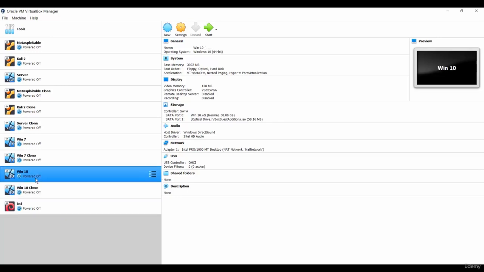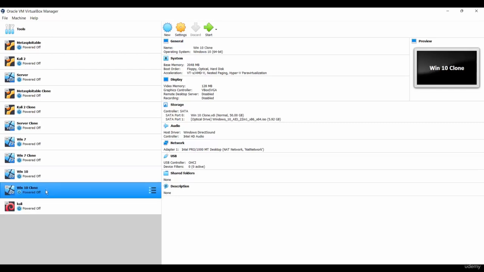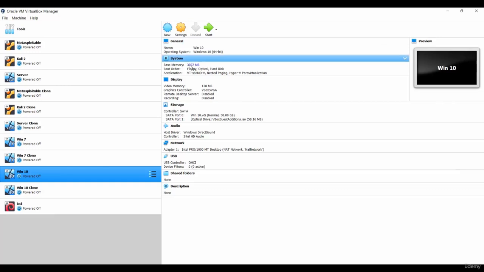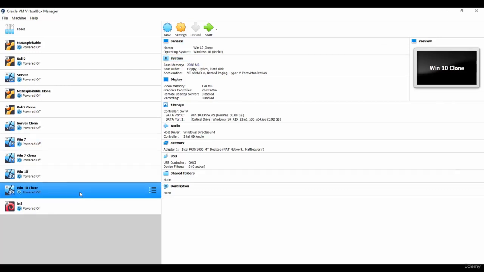See, these both are exactly the same, whether it is the memory or the storage. But I have assigned different memories. It's up to us whether we want to assign the same specs or edit them when we are creating a clone of any virtual machine.